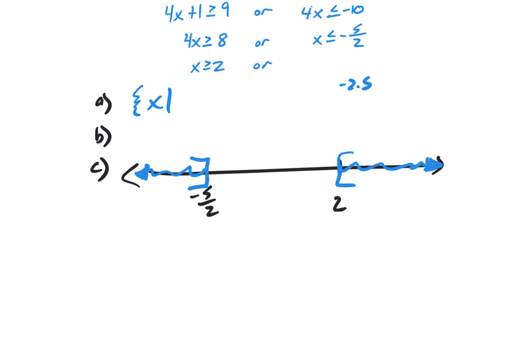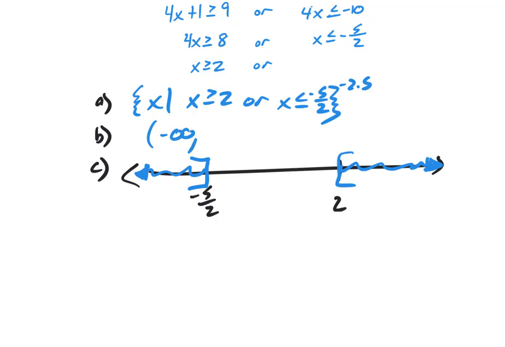Once again, when we write this one out, we just write it as the two answers that we've solved. And it doesn't really matter which one's on the left or which one's on the right when we do that, because it's just two separate inequalities. When we do interval notation, we just want to go from left to right. So we're always going to start all the way over here to the far left, which is negative infinity,